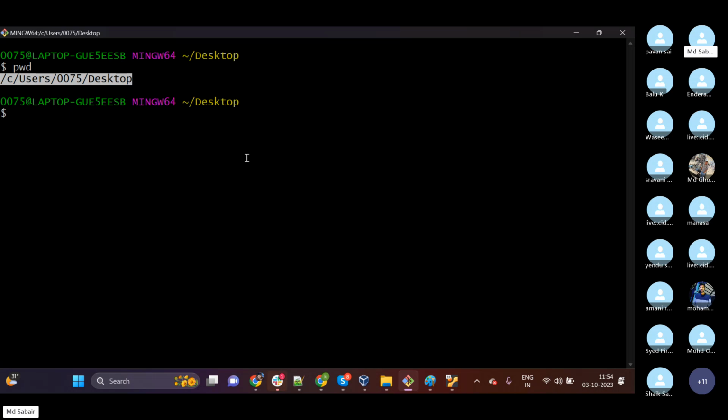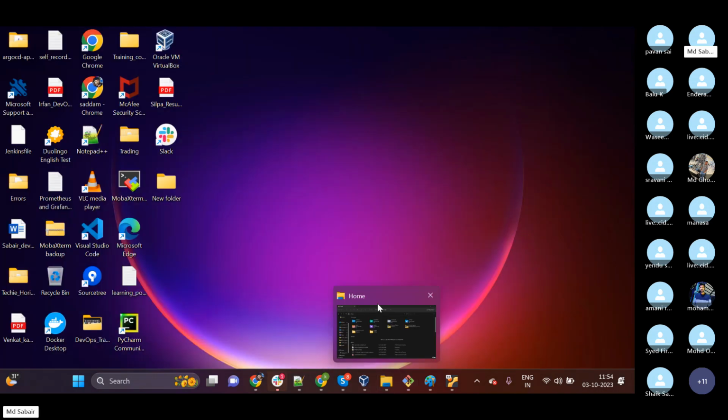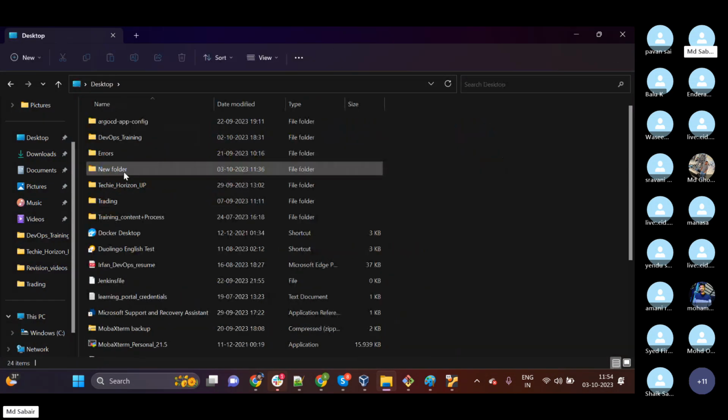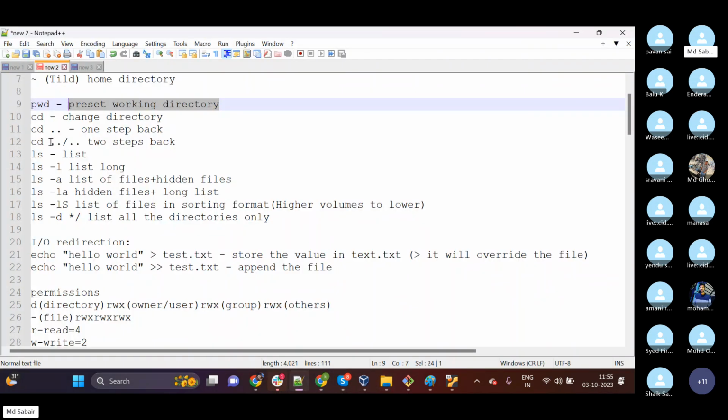In Windows, since we have a graphical user interface, for example, under Desktop, under New Folder, see, this is my location in Windows. No need to execute any command. But in Linux, if you want to know your present working directory, then we should use the command pwd.